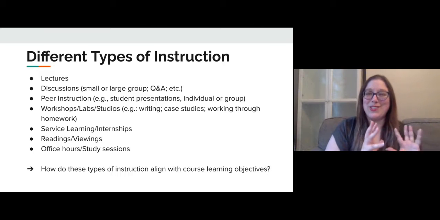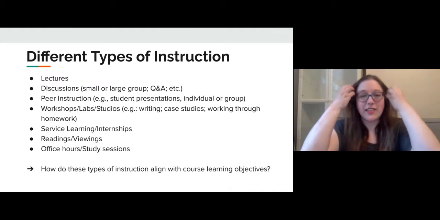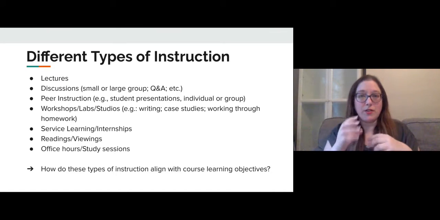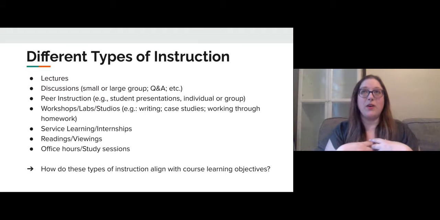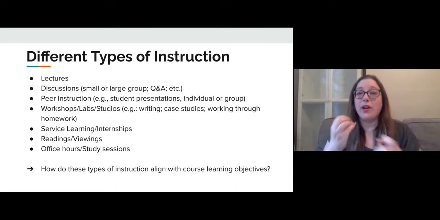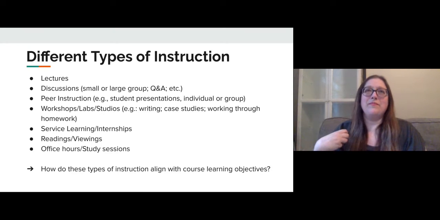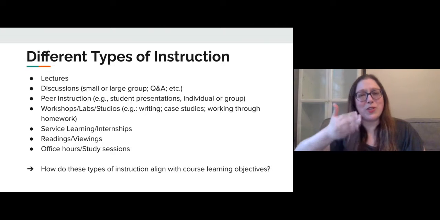So I think we're used to labs and studios fitting into the STEM model for labs or the art model for studios. But I think about this kind of hands-on learning for students where they're learning in the classroom with the instructor there as a guide. So there's peer instruction going on where students are working together in a group, helping each other out, figuring out problems together. But there's also the instructor there as a guide to give instruction, to help students along the